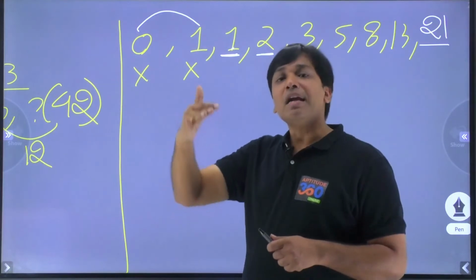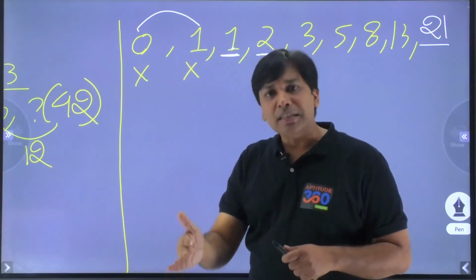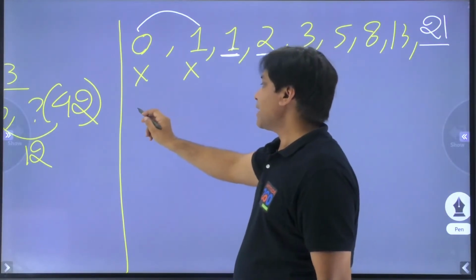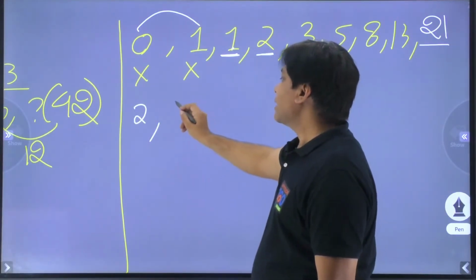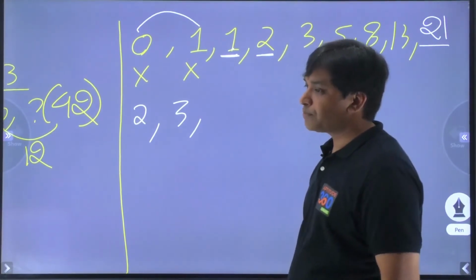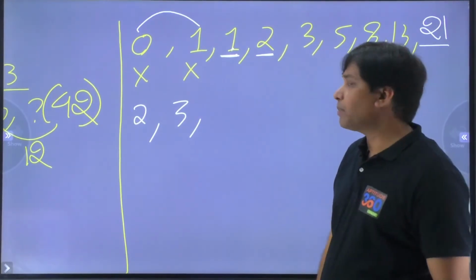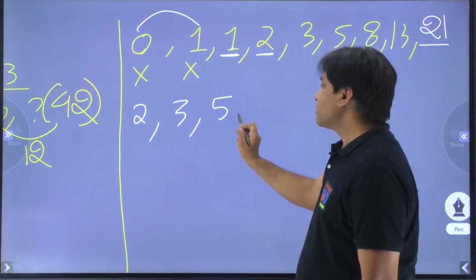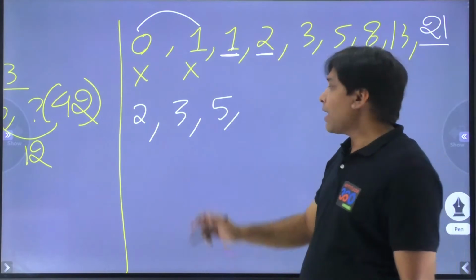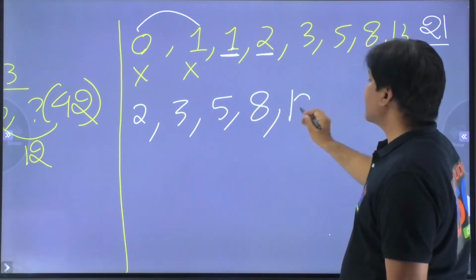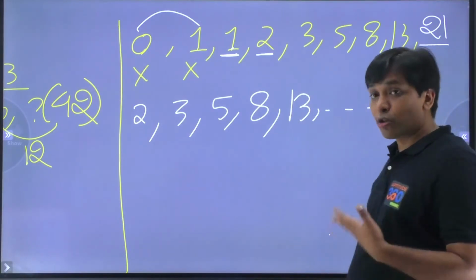So what did I say? Barring the first term and the second term, third term onwards, you have something like this, like 2 and then 3. I'm just taking random numbers for you to decide. So 2 plus 3, what if I say that this is going to be 5? Are you getting this? And then 3 plus 5, I say this is 8. 5 plus 8, I say 13, and so forth and so on. This could also be a series.